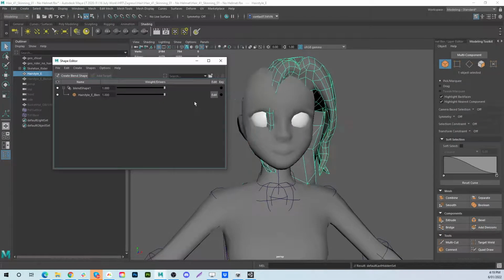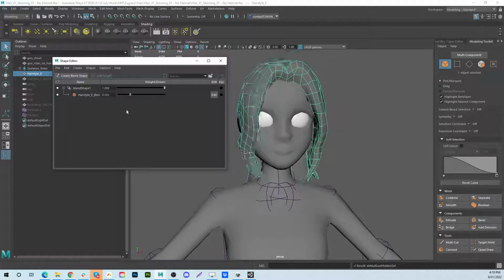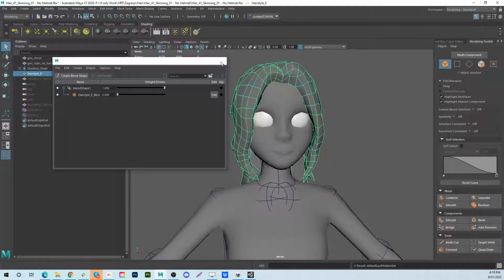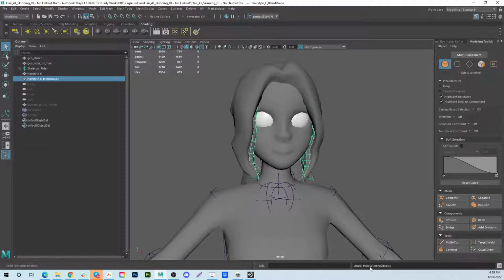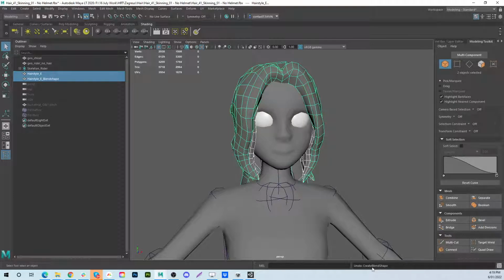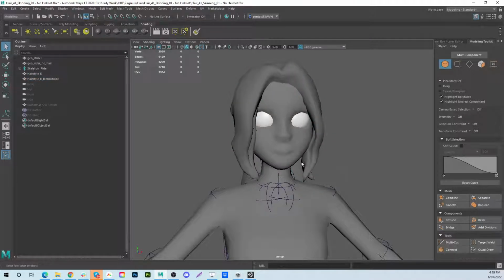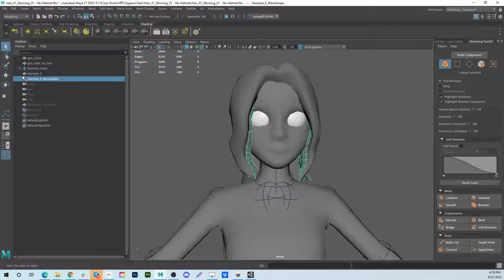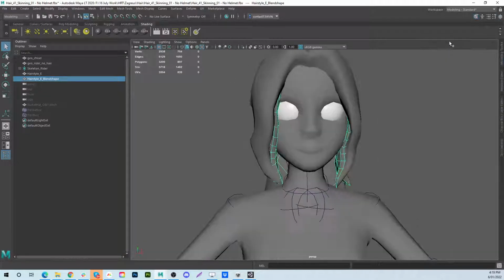and if I play with that slider, oh boy, alright, I know what the problem there is. So what we need to do here, I'm going to undo that, just make sure we see undo there, create blend shape. Alright, that's undone, that's no longer there. What we can do is with this new hairstyle, we just need to make sure,